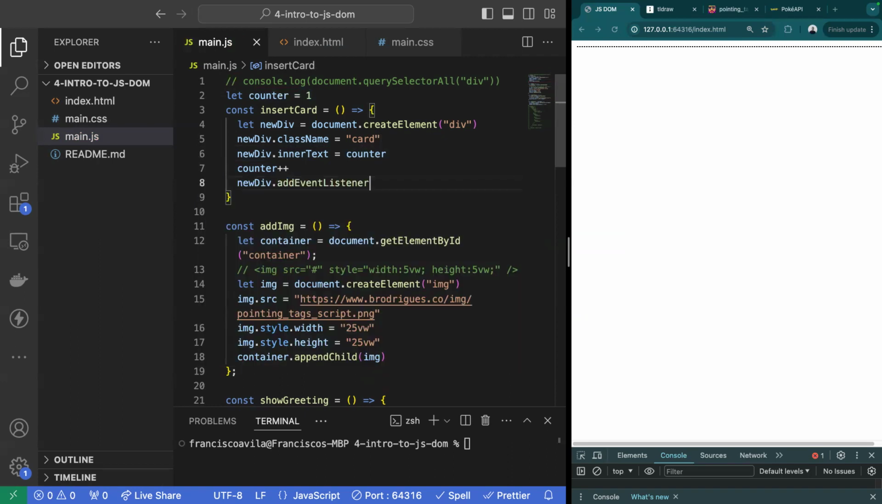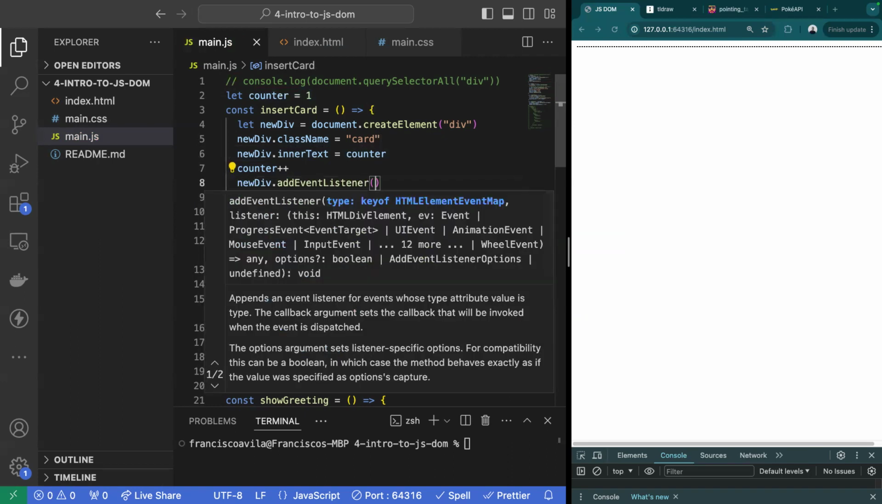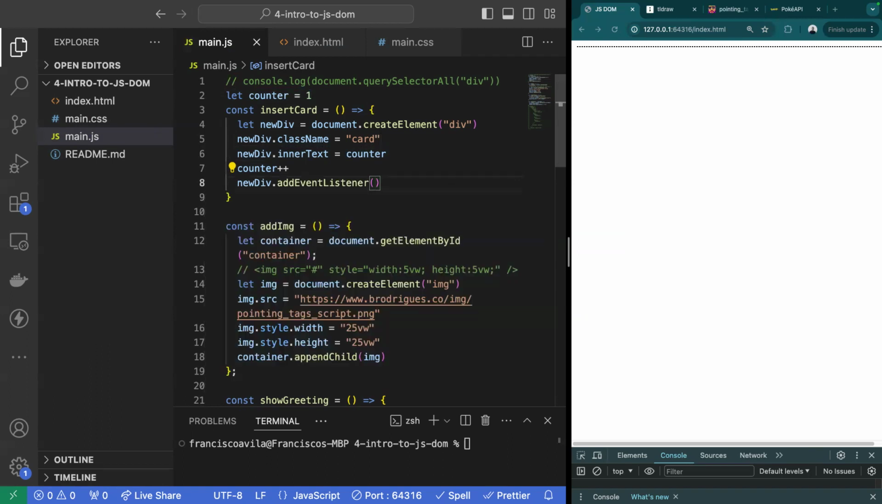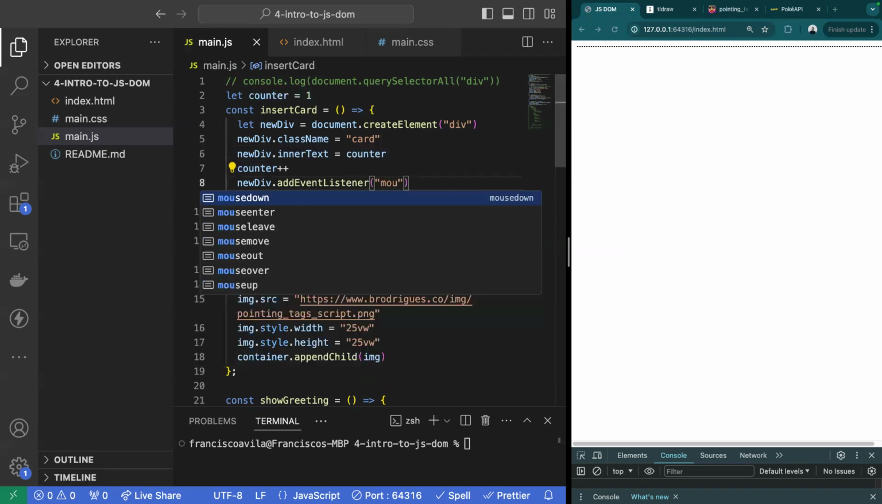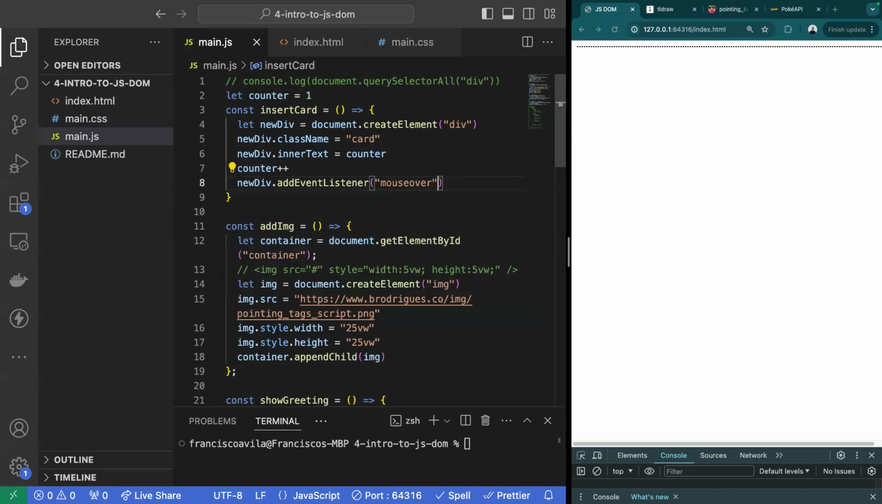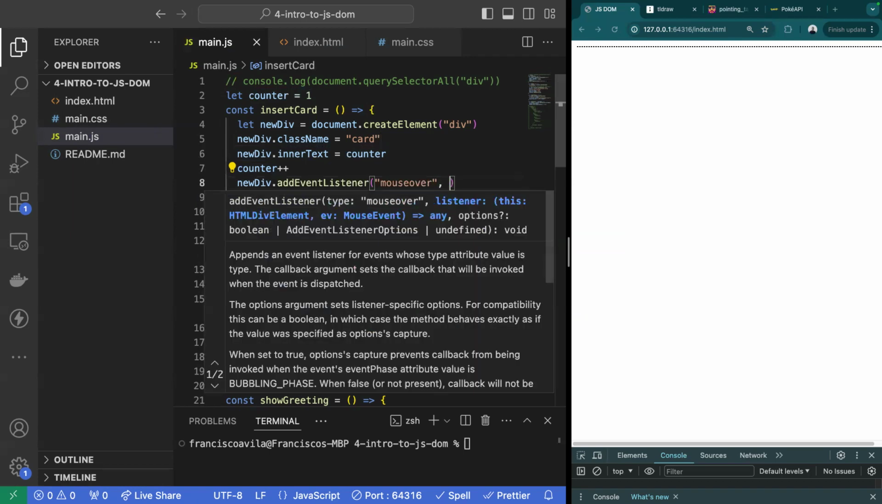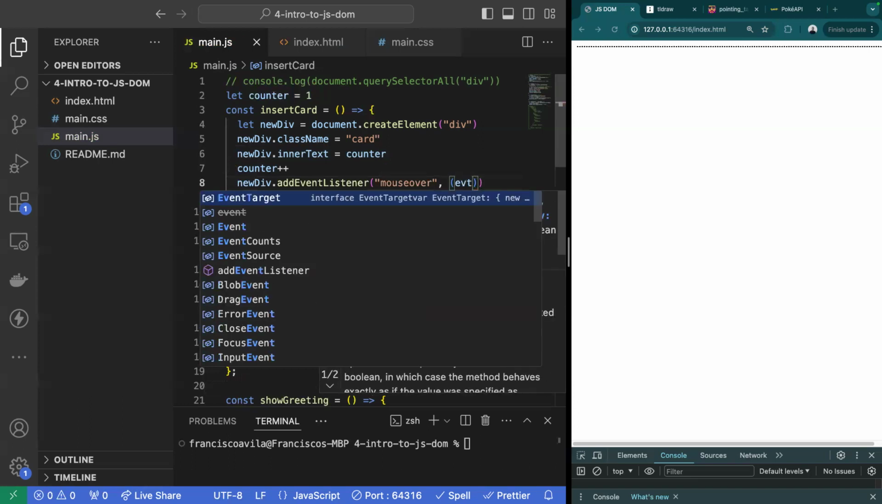And I'm going to add an event listener. Now, this event listener is kind of like the mapping function. It takes in a function. First, I have to say, well, what event are we doing? All right, so let's say I'm going to do mouse over. Well, when my mouse moves over this card,